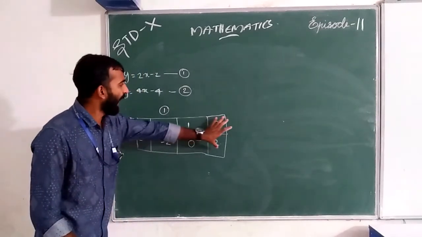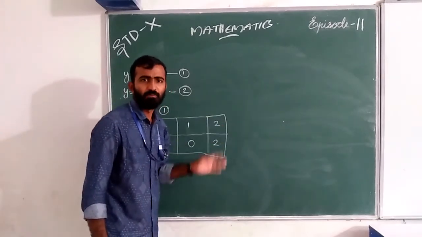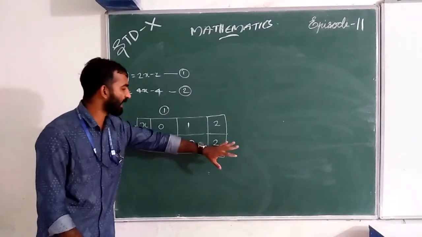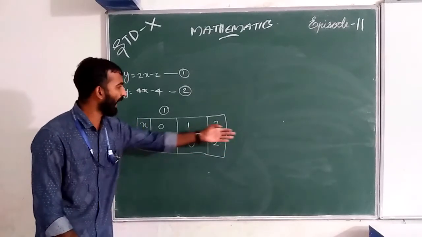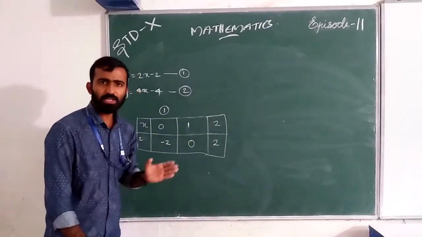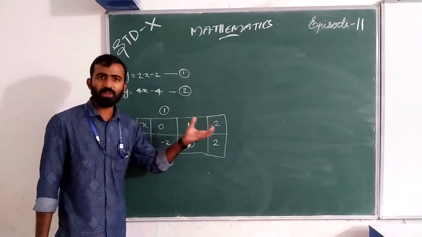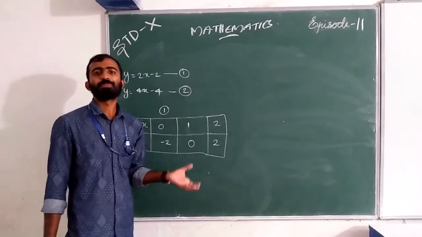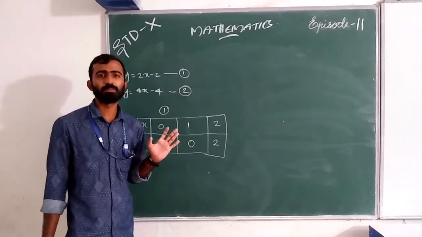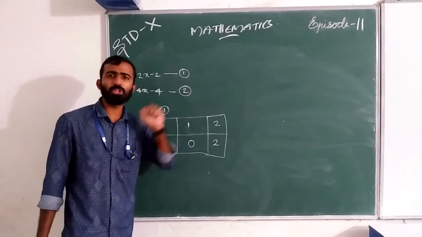You can extend these values, you can extend the coordinates. When you take an x coordinate, you must get a corresponding y coordinate. You can take minus 1, minus 2 or minus 3. When we take x as an integer, you also get a y coordinate as an integer. Is it? Yes.